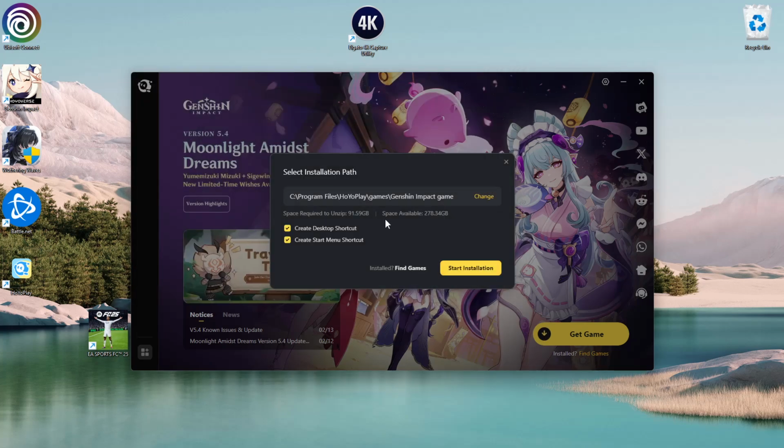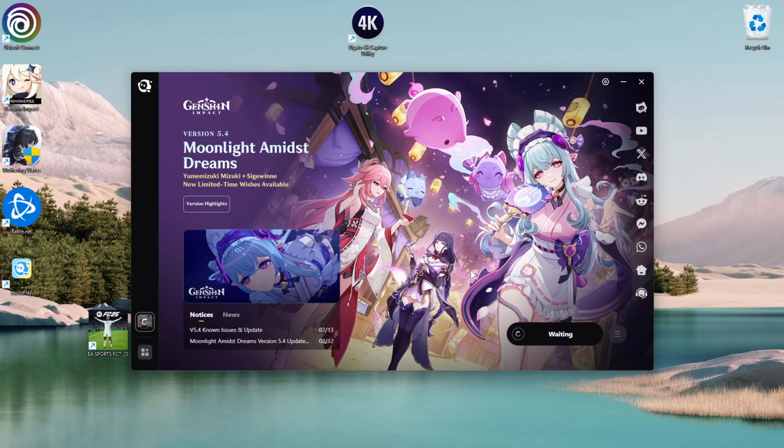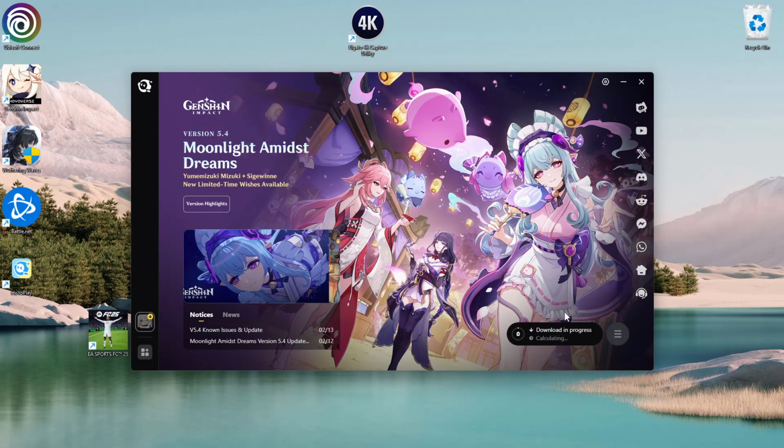So for me, I'll just leave it as default, and then ensure that you have enough space. So the required space is 91 GB, and the space available, you can see your space available. And then you can also choose to either create a desktop shortcut or a startup menu shortcut. So I'll just uncheck those. And once you're done, simply click on start installation, then give it a few seconds,